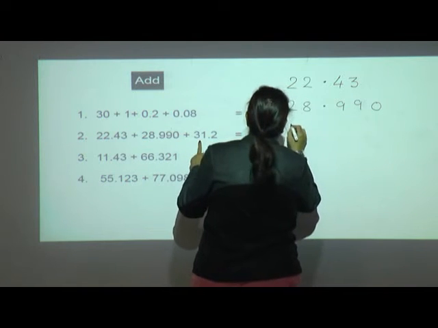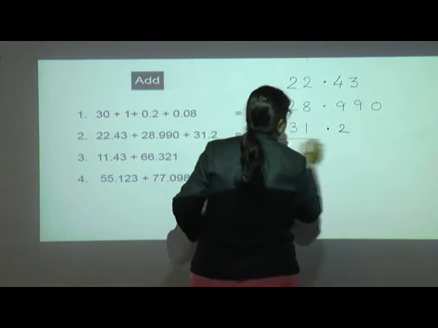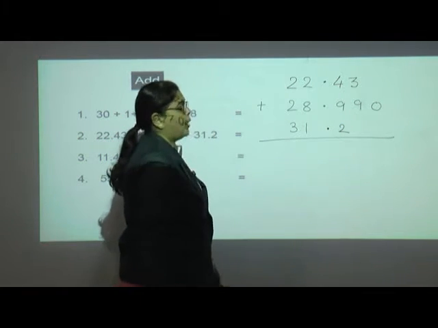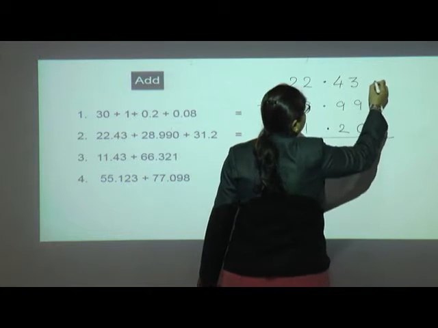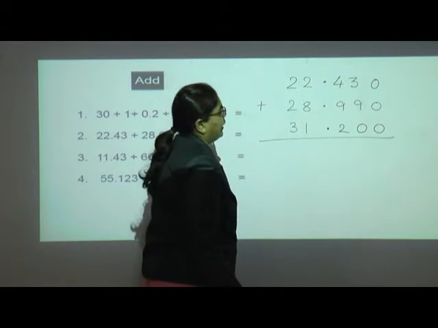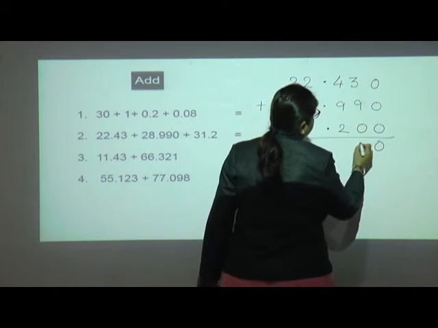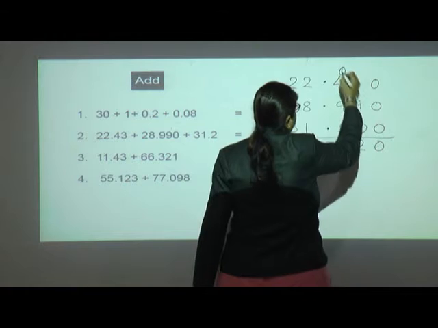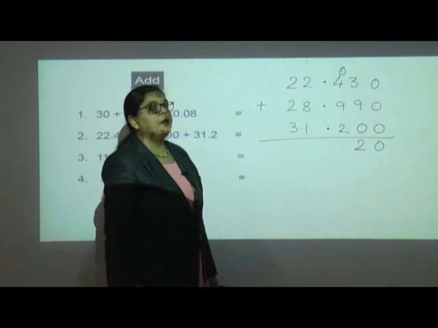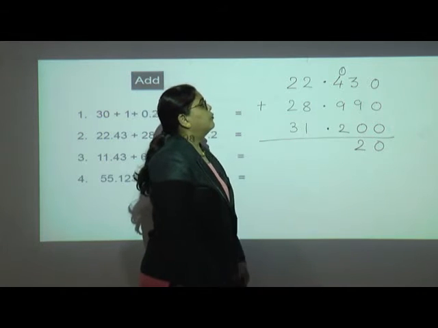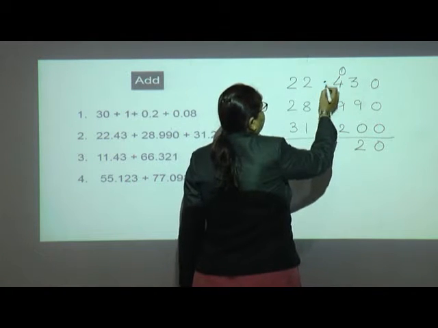Next is 31.2. If we don't have any digits, as we already learned, we can put a 0, so it will be easier to add. So 0 plus 0 is 0, 9 plus 3 is 12, 1 carry. We have taken one simple example with a carry forward so it will be understandable, and if you have not understood, it will get clear.